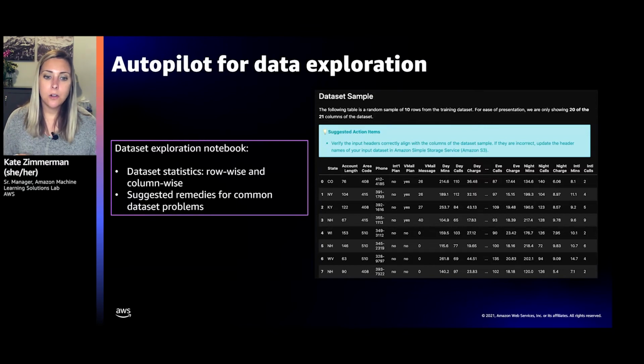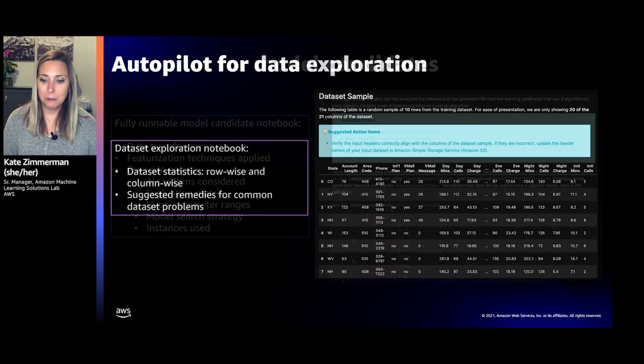It's also going to include suggested action items. So if there are things it found in your data set that might be impacting model performance, that are definitely not ideal for training models, it's going to flag that and explain it to you so you can go forth, look at the data, and see if there's something you can do to iterate on that. And it is executable code, so you can rerun these same techniques. You can change the code a little bit and see, well, if I changed it to this or that, let's understand how it impacts my data. But again, all that's available for you as an output from the training job.